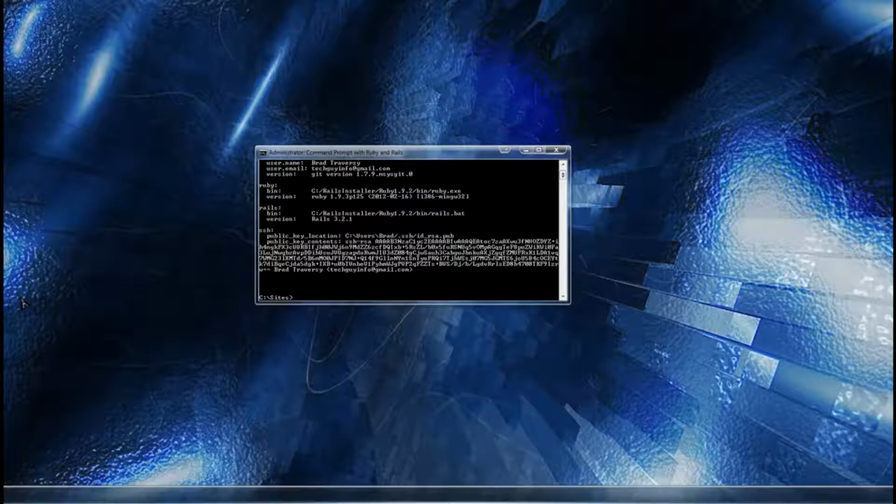Hey guys, in this section we're going to be actually creating or generating a new Ruby on Rails application or application framework. As I said in the previous tutorial, Ruby on Rails gives you the entire structure of folders. So what we need to do is open the command line. I'm in Windows, and if you saw the last tutorial,